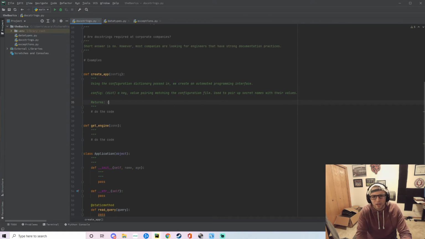Usually I do like Flask app or something like that. So there you go. That is a really, really good example of a high level overview of what this create app does. You're not blowing out the lines. No one wants to read a novel. Documenting is very important. However, you don't want this to be a novel. You're going to have thousands of lines of code in each file and hundreds of files in an application. There's no reason for us to be writing Stephen King novels here.